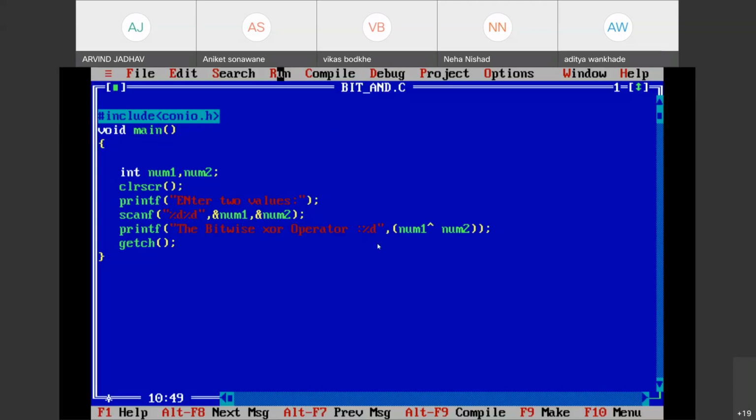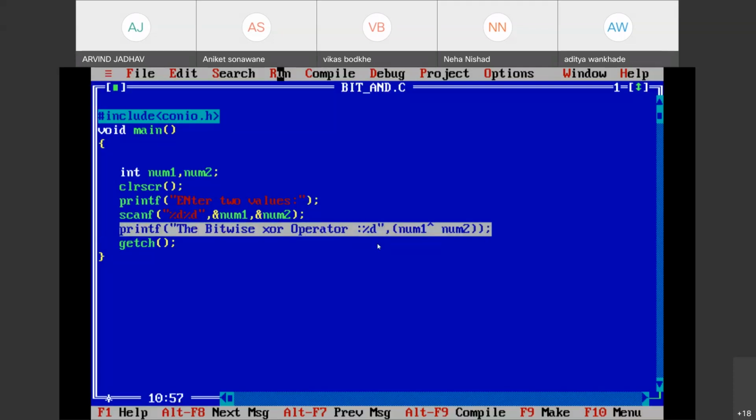Okay, so let's perform the same operation here. In that section we can perform all the bitwise operators.